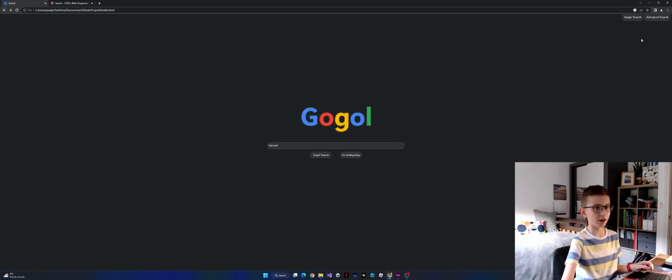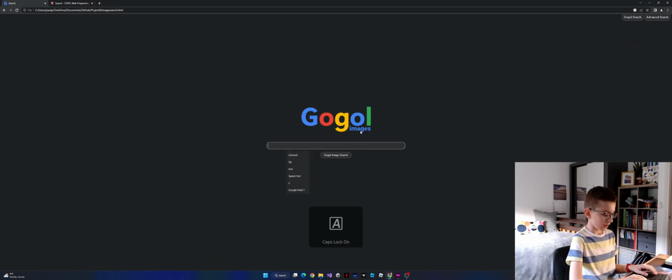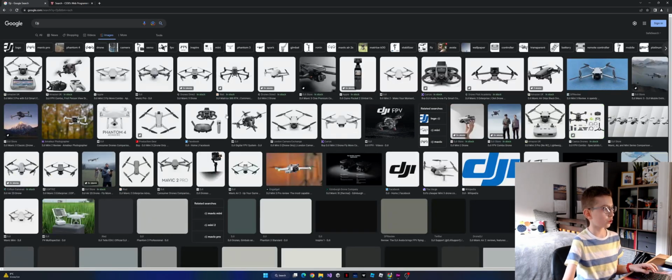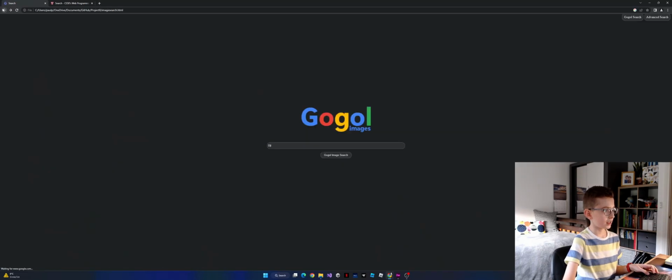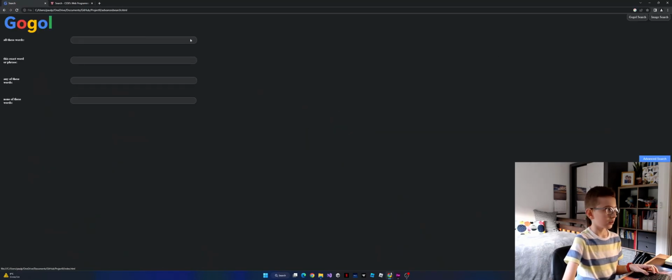And also we have image search, where we can type in DJI and do image search, and this will show images related to DJI. And lastly, we have Google Advanced Search, where we have